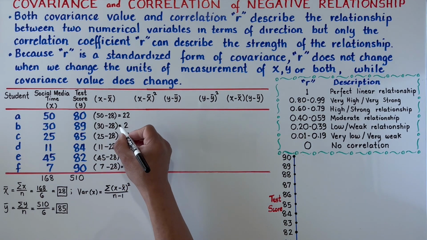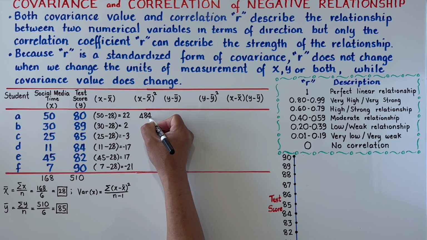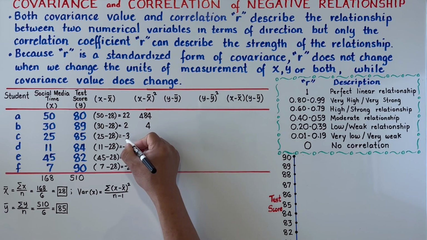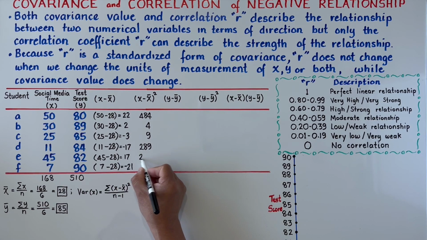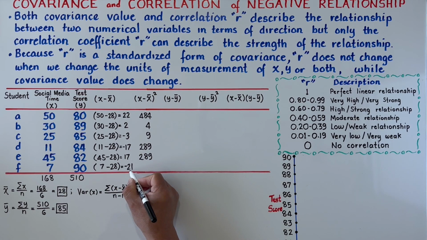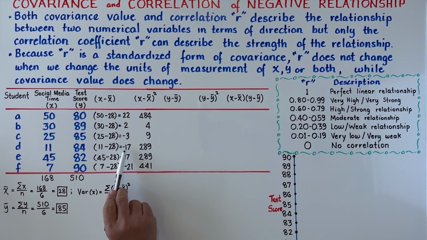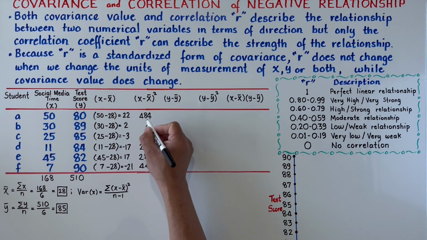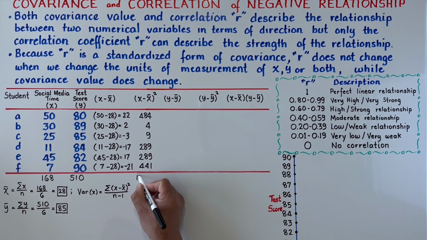And if you square this 22, we've got a number of 484. And squaring 2, which is 4, squaring negative 3, which is 9, and negative 17, when you square, that's 289. And also this one, 289. And the square of negative 21 is 441. Now take note that the square of a negative number is always positive. So if you add 484, 4, 9, 289, 289, and 441, it will give you a sum of